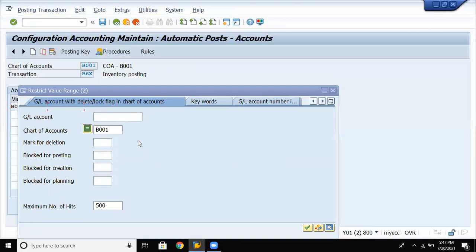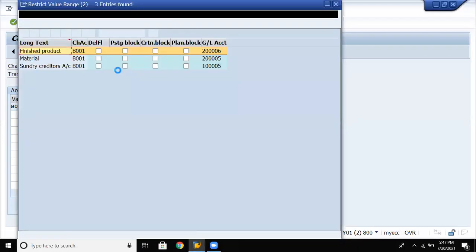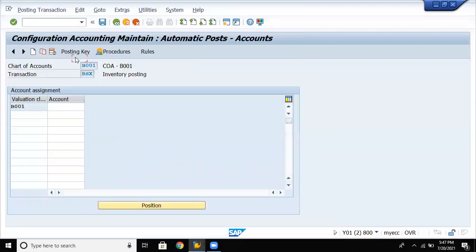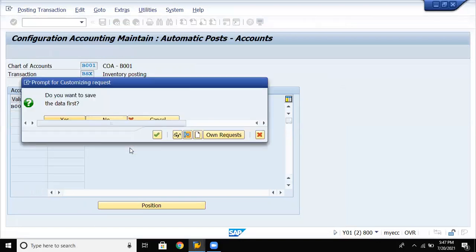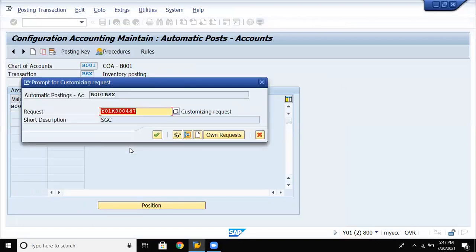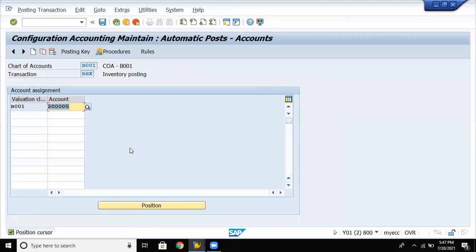Enter. So we will integrate the material. Enter. Save. Enter again. Go back.